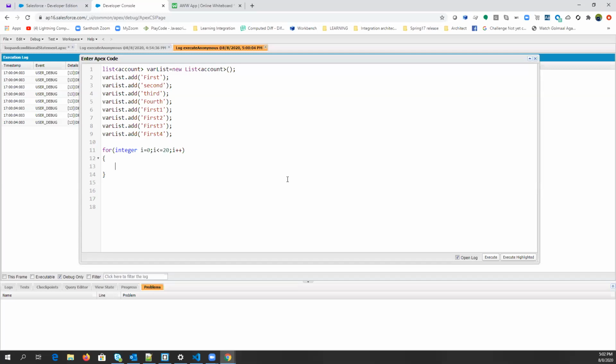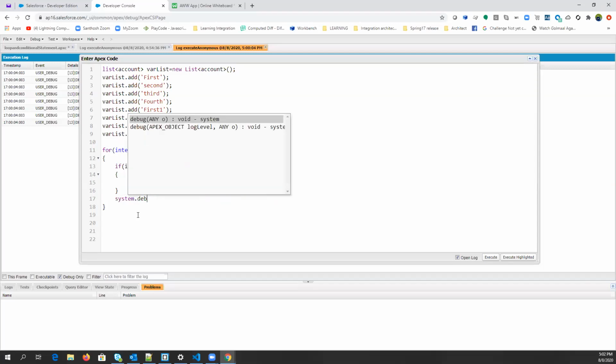So what we can do here is, if i equals 15, then we can write break. And after this we are typing System.debug, printing i.